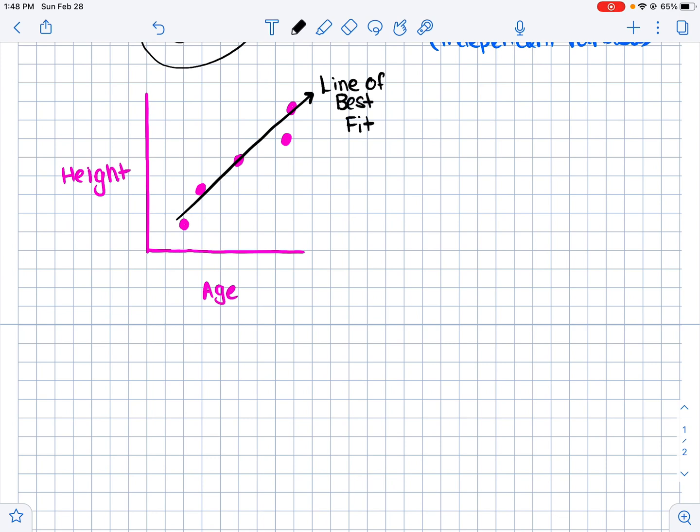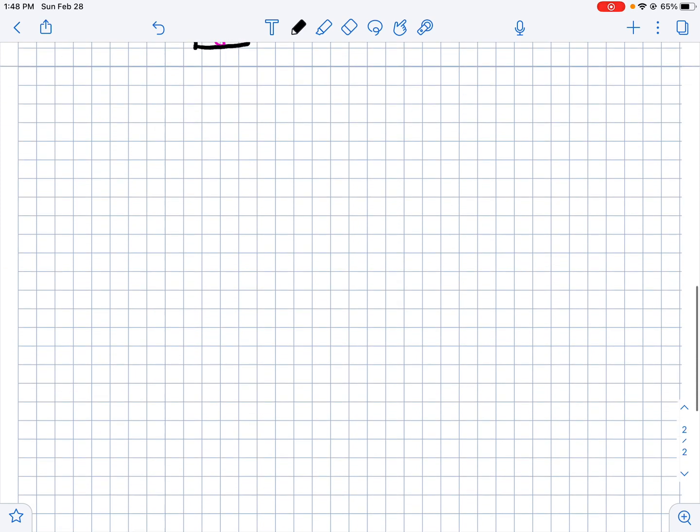And I'm able to describe this correlation as positive correlation. And positive correlation means that as one variable increases, so does the other. So as you get older, you get taller. As your age increases, your height increases. That's what positive correlation is. Negative correlation,